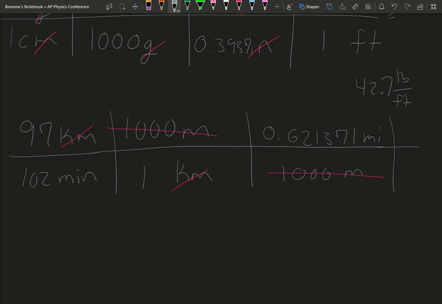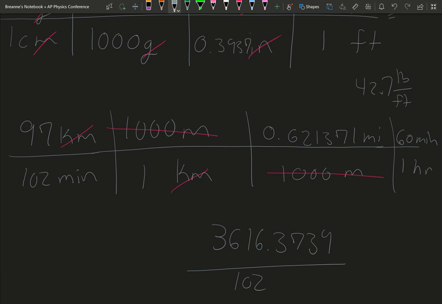And then we need to get to minutes to hours. And so we know 60 minutes is 1 hour. Again, you just multiply across the top. So you get 97 times 0.62137 times 60. 616.3734. And we're going to divide that by